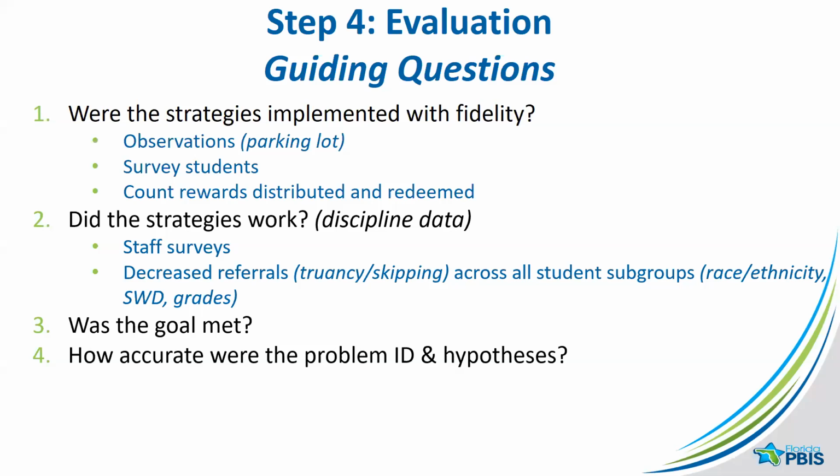If we did not get the improvements in our student data that we'd like to see, then it comes back to, well, did we do our action items the way we're supposed to, with fidelity? If not, let's go ahead and shore those items up and get better fidelity of those action steps. And then let's see if we have more improvement in our data. In some cases, you might find that yes, you have implemented everything that you wanted to with fidelity for your action plan, and you've seen an uptick or an improvement in your discipline data, but not enough for you to be happy with it or to have a healthy core.